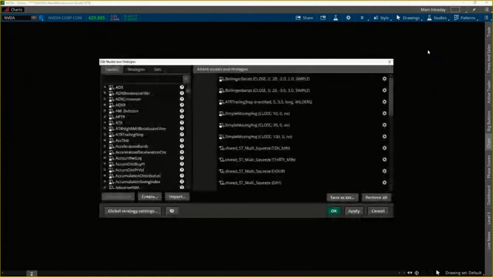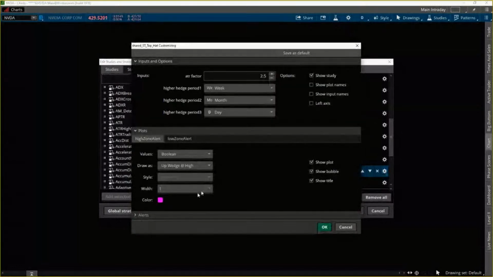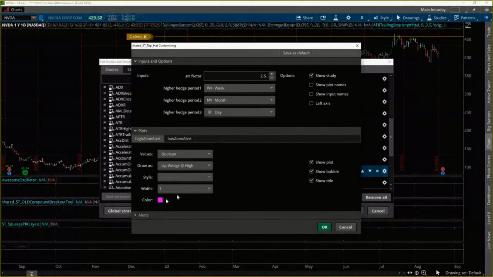But I usually like to pair those two together, but you don't need to, right? So there's the top hat indicator. Let's go inside the internals here. So I have my color set as purple. You can see that the ATR factor is a 2.5. There's a weekly, monthly, and daily level here. None of these internals I have changed. If anything, the only thing I might have changed is the color, but everything else is how Eric has created